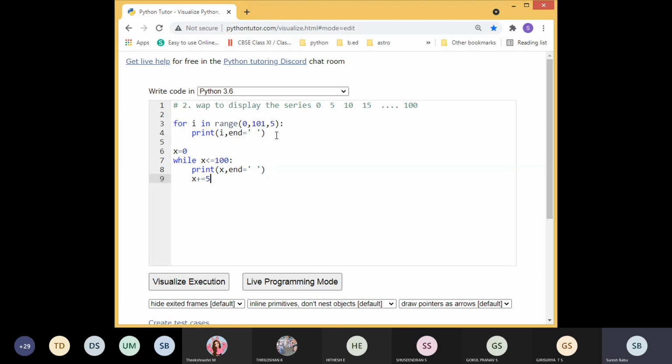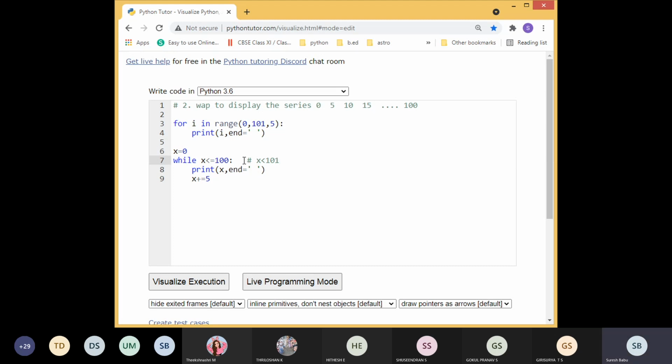This is also usable, the augmented assignment operator. This is the expansion of that one: x equal to x plus y. Kindly note down these two solutions. Both will give you the same answers. You can change only one condition. Instead of this, you can use x less than 101. That's all you can change.